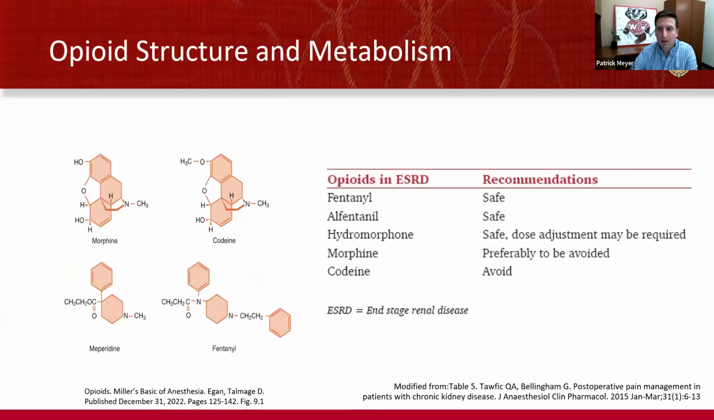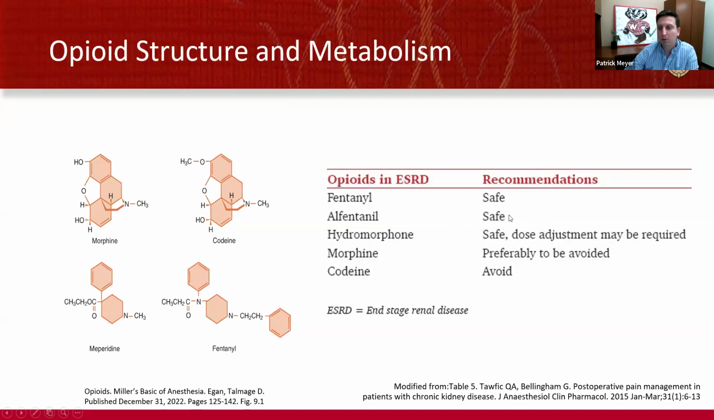So if we look at the structure of different opioids here, morphine and codeine are very similar. We saw how they're converted between them. Meperidine is kind of the opioid that a lot of the semi-synthetics are more structurally related to, such as fentanyl, which is shown here. I really don't want you spending much more time than that looking at these structures. You can see in the graph here that fentanyl, alfentanil, those medications are both thought to be safe in renal